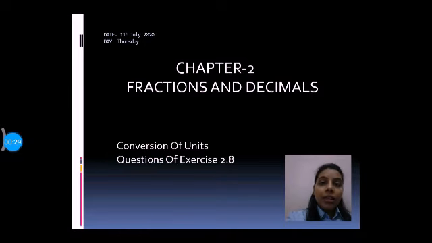Similarly, if we take a cup of tea, what amount of tea a cup can hold is the capacity of that cup. So today we see how we do the conversion between these units. So let's start our class for today.